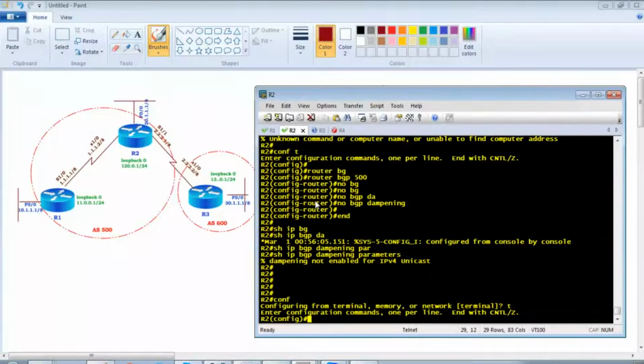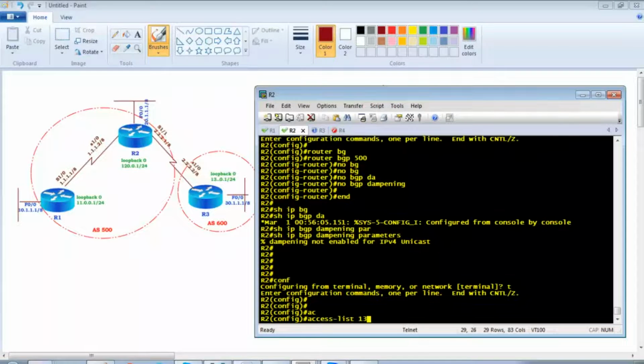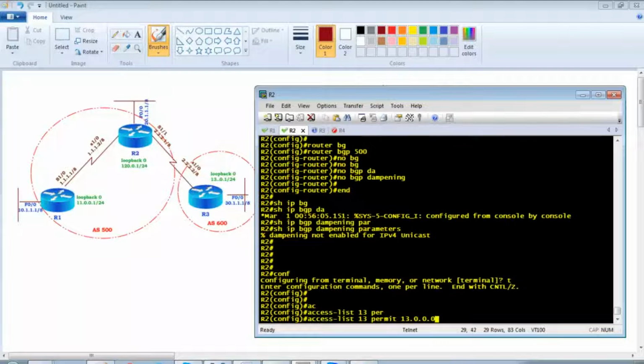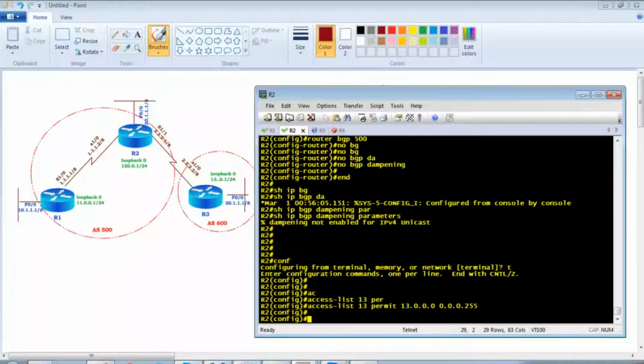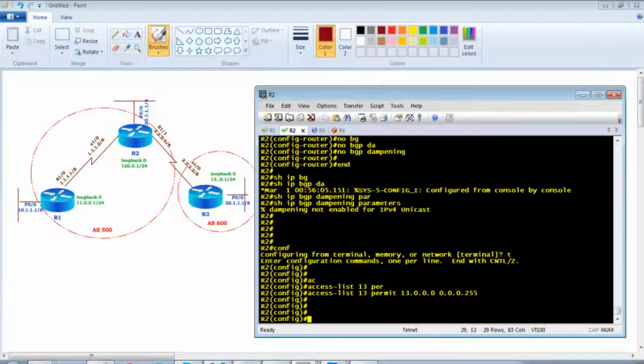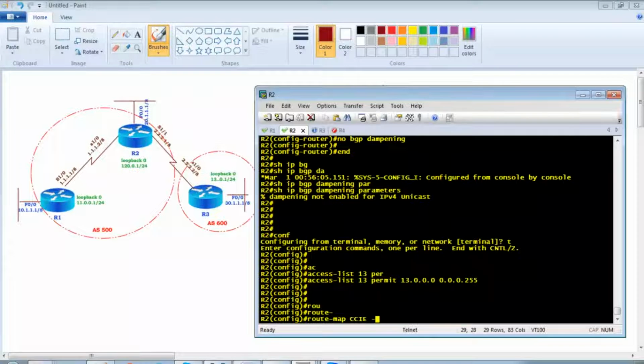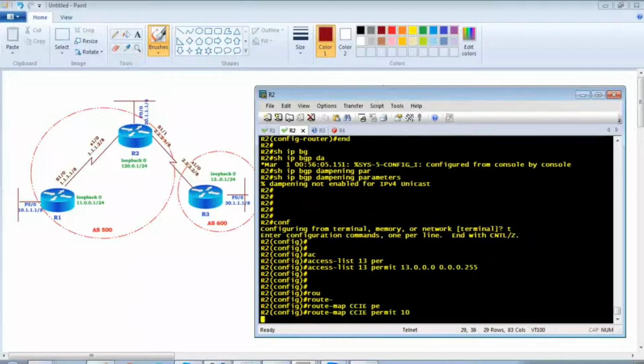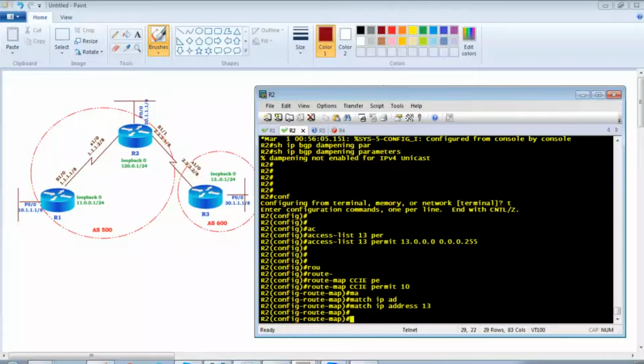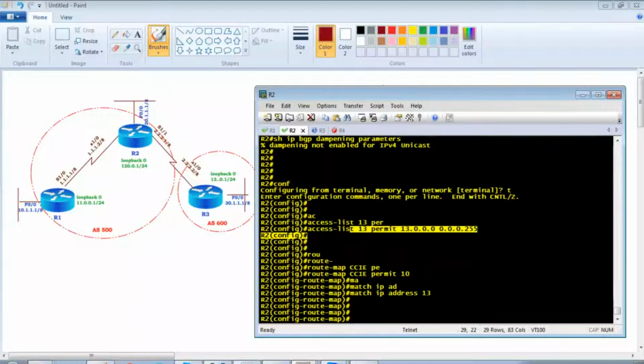Now I can go to router 2. The first thing, you need to create an access list which is going to permit whatever network you want to apply dampening to, and I'm just applying it for only one network here. Now instead of applying it directly, I'm going to create a route map which says match IP address 13, which means whatever networks I have defined in ACL 13, it's going to match,